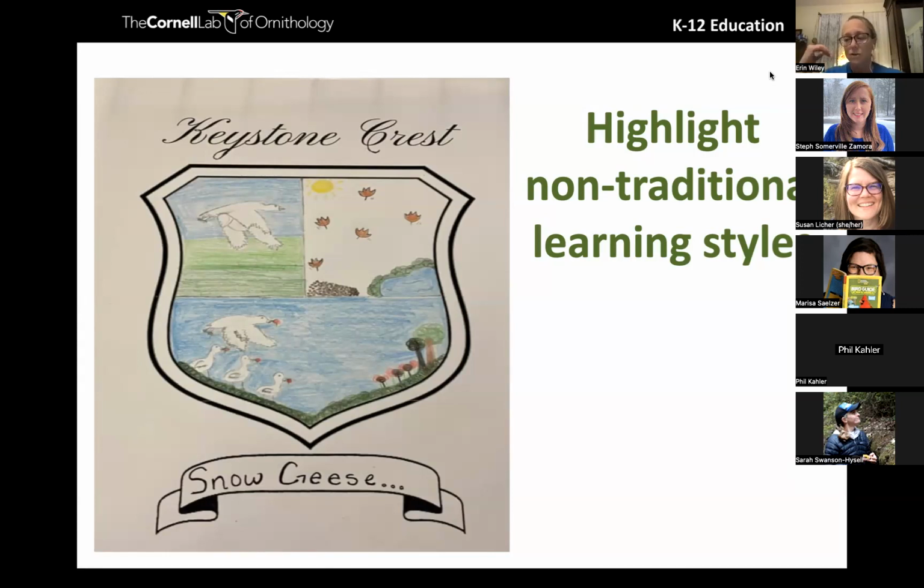My kids take pictures, and I would consider this non-traditional, I suppose. My kids take a lot of pictures, and we display them in my classroom, and it's incredible how good these kids have gotten at taking photographs of birds. So this past spring, I got a scarlet tanager and an indigo bunting, and a kid sent me pictures, and they were more excited about that than I think they were about going to prom. So that would be what I considered a non-traditional style. And they were able to present to me what they knew about those birds just by showing me the camera, the picture, and then describing that bird to me.